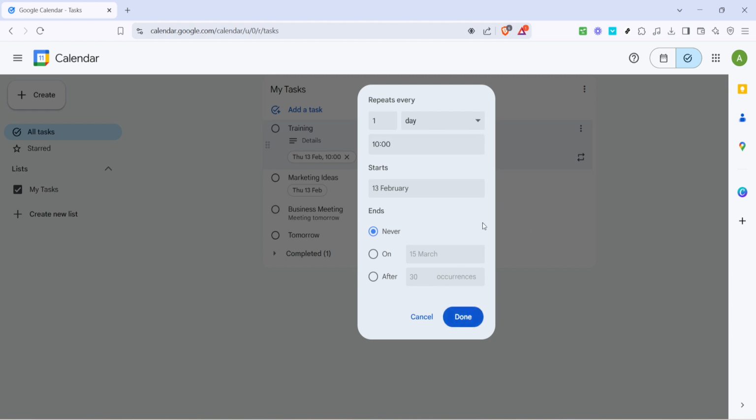And that's it. You've just set up a recurring task in Google Tasks, enhancing your task management and potentially saving you a lot of time and mental energy down the road. Remember, the key to staying organized is consistency, and now you've got a helpful tool to keep you on track